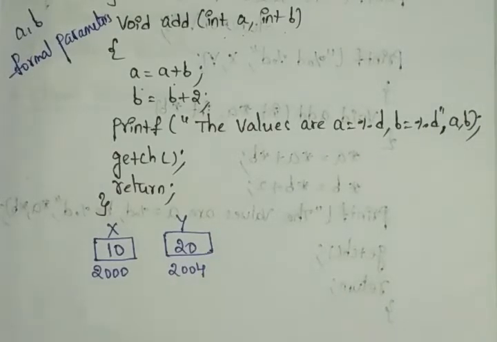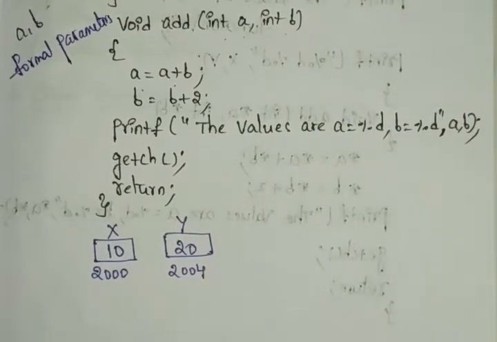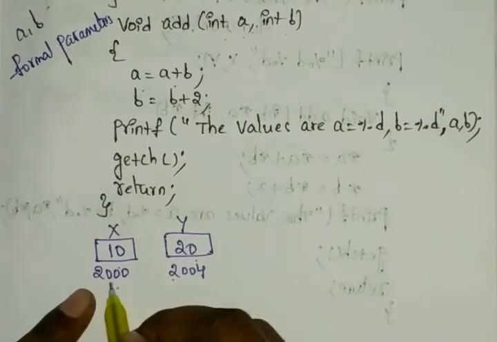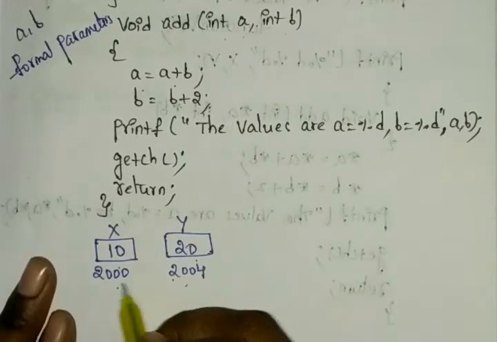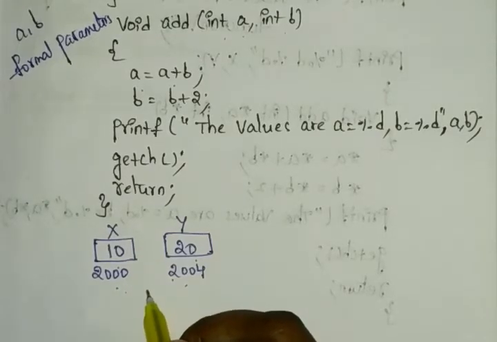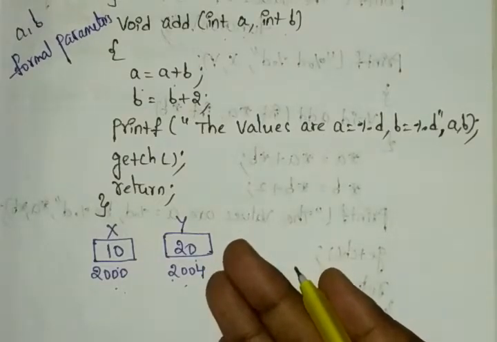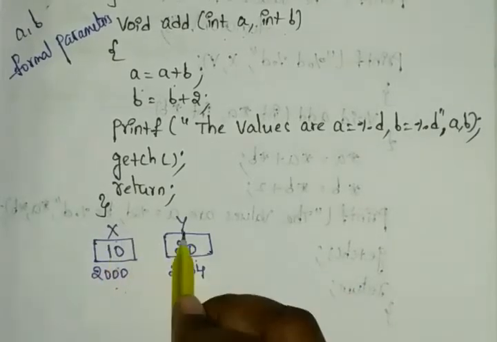Whatever the values are for x and y, these addresses will be system defined automatically. The system will choose the addresses for these x and y values, so there is no problem for identification. You can choose 1000, or 1500 is also possible. That's your choice. Here I am choosing these for x and y.